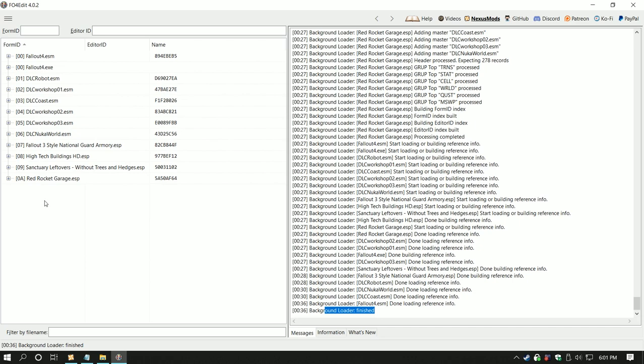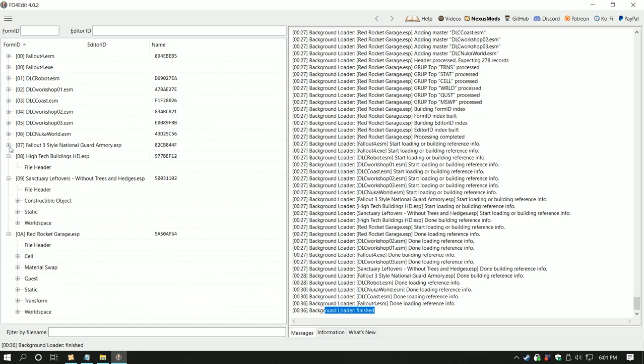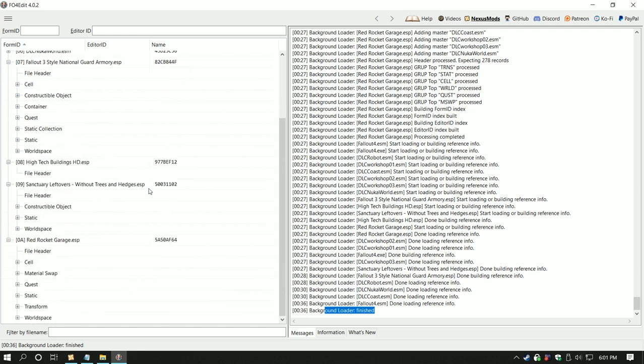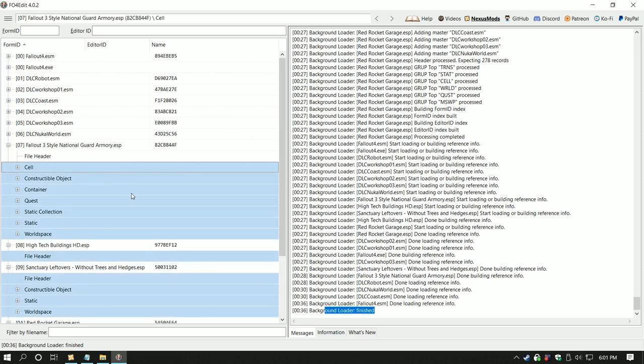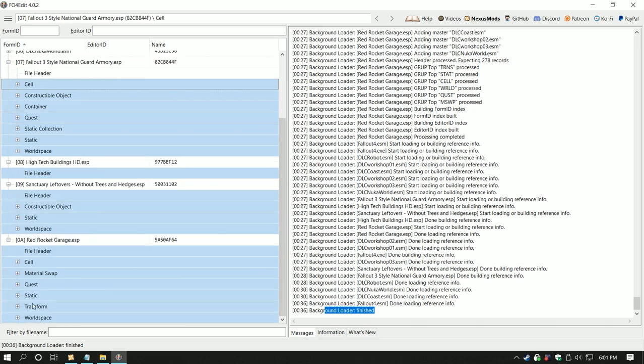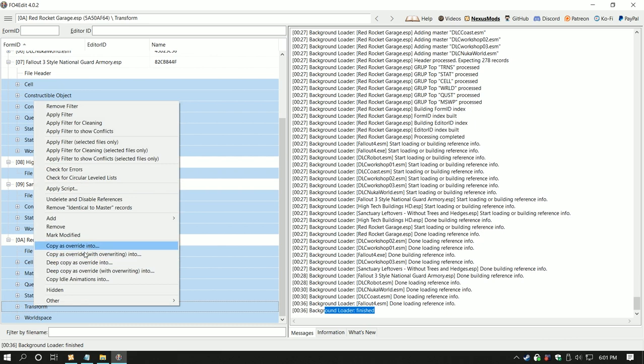So if you wanted to create an ESP file to control all of these and resolve conflicts, there's honestly a ton of different ways that you could do this, but what I would do that would be the fastest is I would just select one and then come up to the top of the list, hold shift and click, and that'll select everything. And you can right click any one of these, copy as override into,